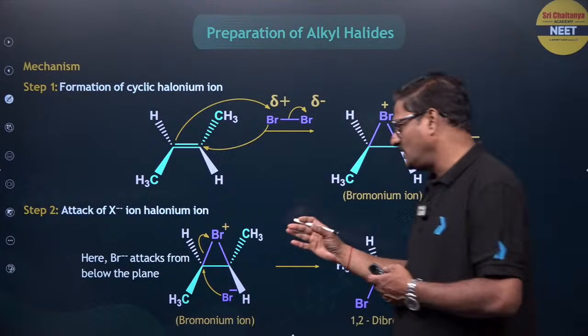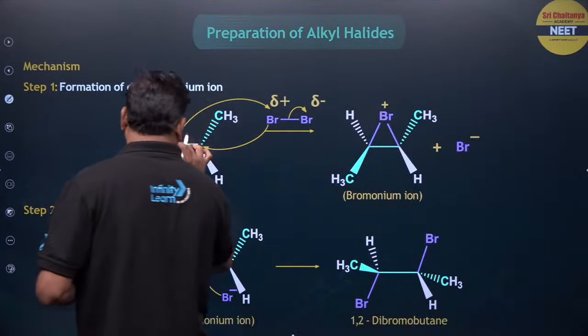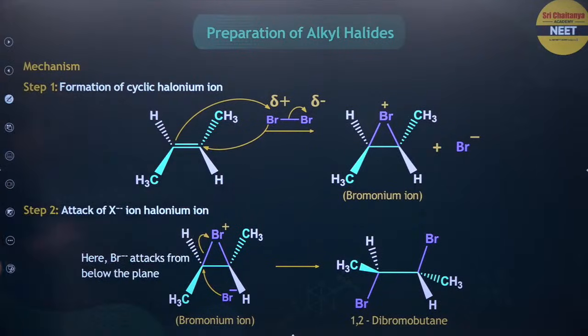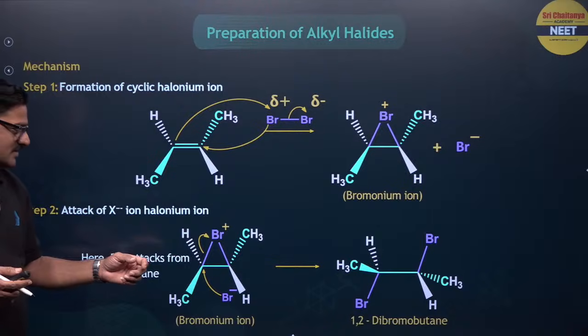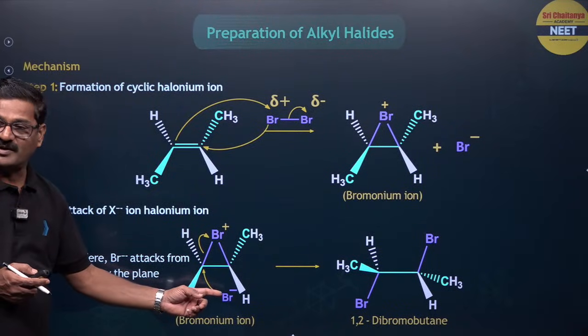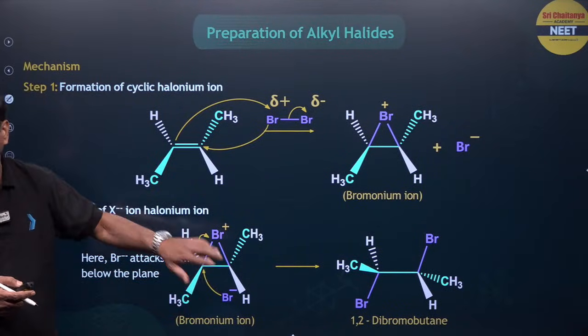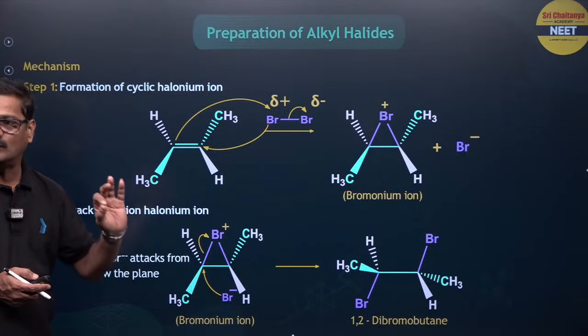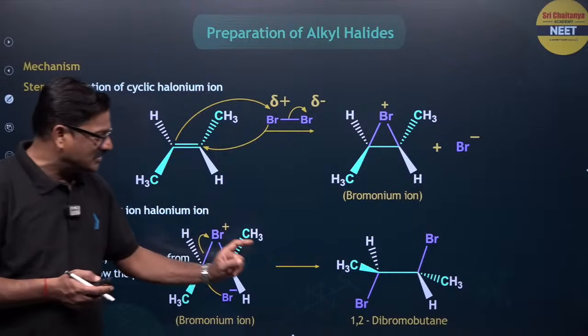The bromine is polarized by the pi bond to form the cyclobromonium ion, and this ion is attacked by Br minus from the back side of this non-classical carbocation, giving anti-addition of the